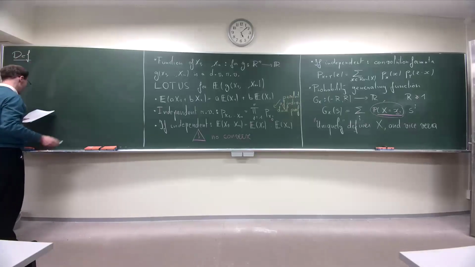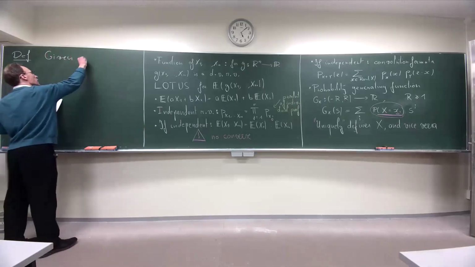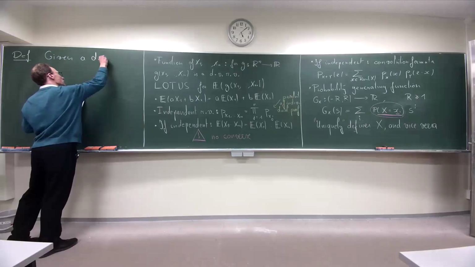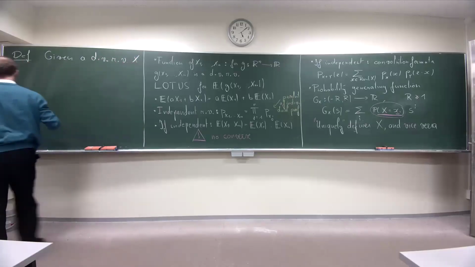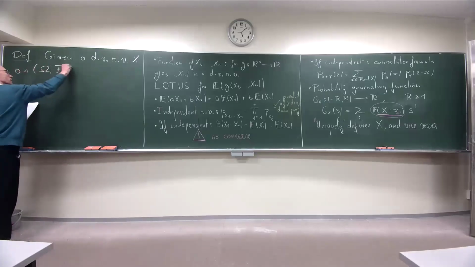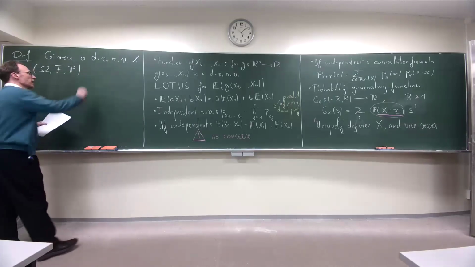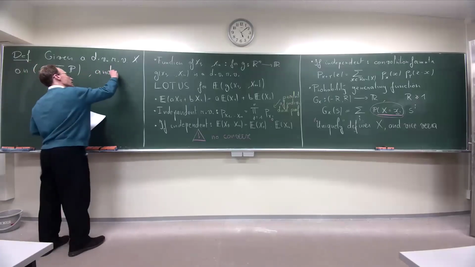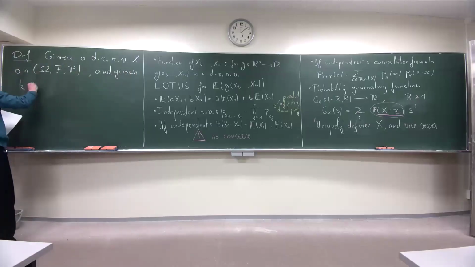The first definition: given discrete valued random variable X on a probability space, it's always the same. You have one probability space and a random variable on it, discrete valued. And given k an integer,